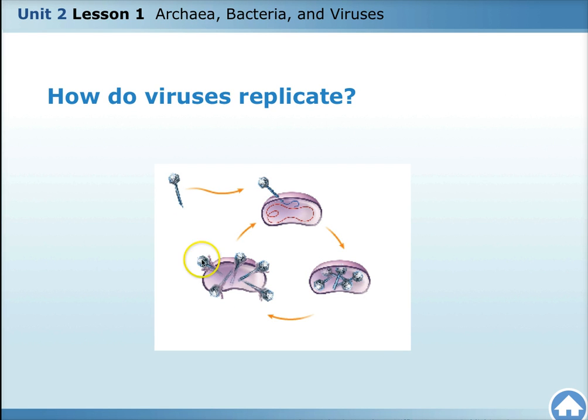Here we have the virus. It attaches to the host cell, injecting its DNA. The host cell replicates that DNA, causing multiple viruses to be cloned. Then, eventually, when there are more viruses than the host cell can handle, the host cell lyses or breaks, and all the viruses